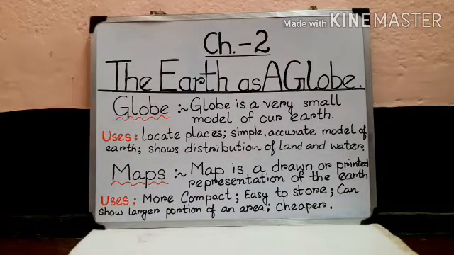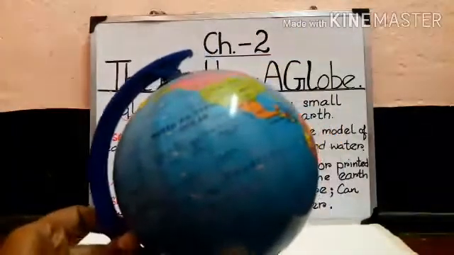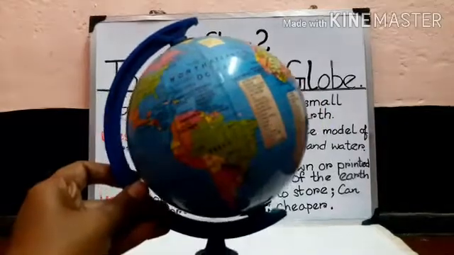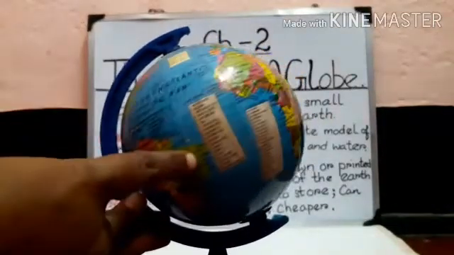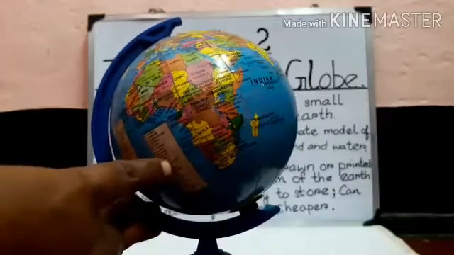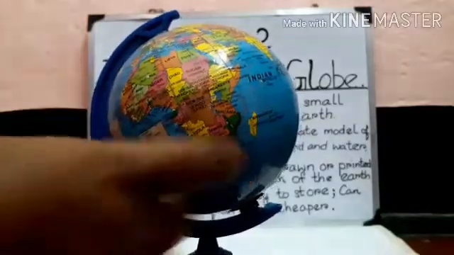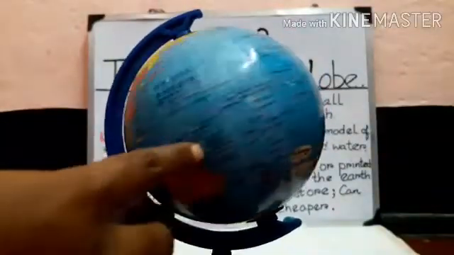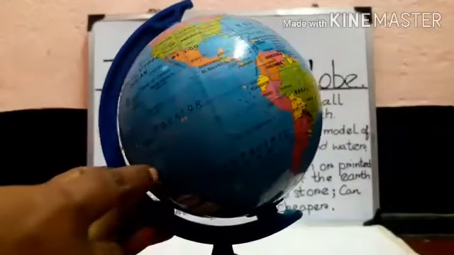So we cannot see all its parts at a time. Globe. A globe is a map in the shape of a ball. Globe is what? If you see once again, you can see there are countries, isn't it? And there are oceans, everything marked on this globe. These are maps, isn't it? Maps which are stuck onto this spherical, ball-shaped object, okay, and we call it a globe, right?